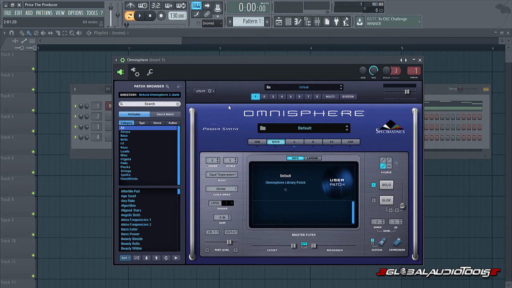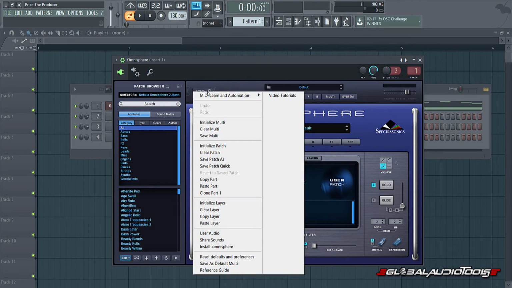So what you would do is, upon purchase, after you visit GlobalAudioTools.com, you pick up the kit. You'll download it, of course. Once it's downloaded, open up an instance of Omnisphere 2. Within Omnisphere 2, you'll see a utility bar right here. Click on that, scroll down to install.omnisphere, select it, and then simply locate the file wherever Nebula is downloaded to,